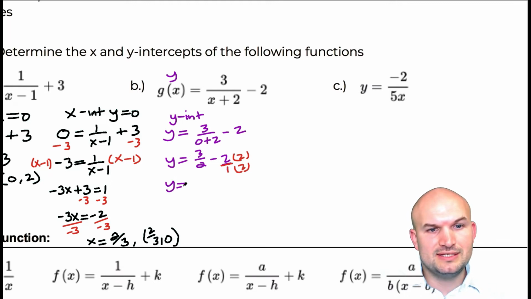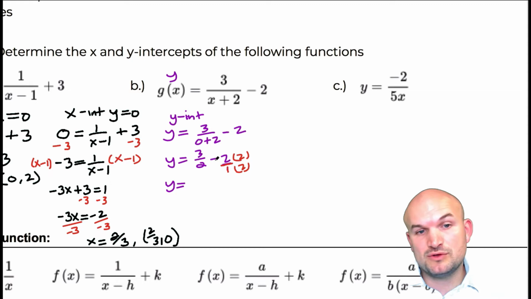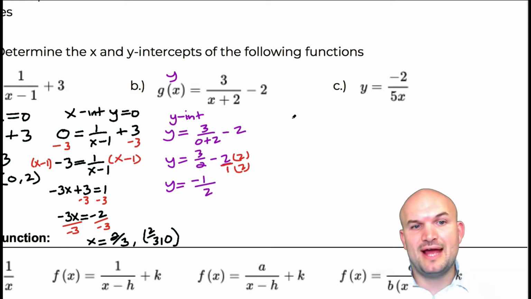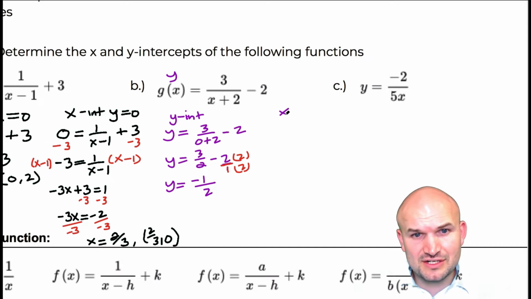Therefore, I get y is equal to 3 minus 2 times 2 is 4, so 3 minus 1 is going to be negative 1/2. So y equals negative 1/2. And then to find the x-intercept,